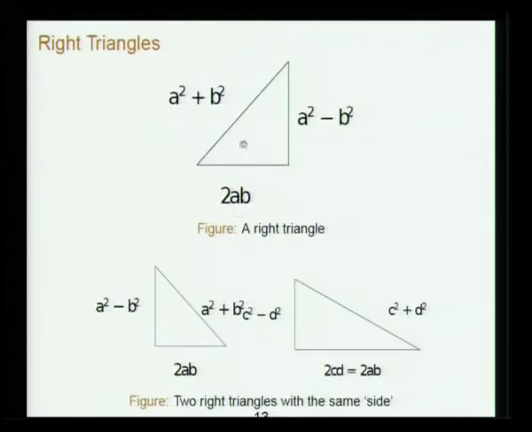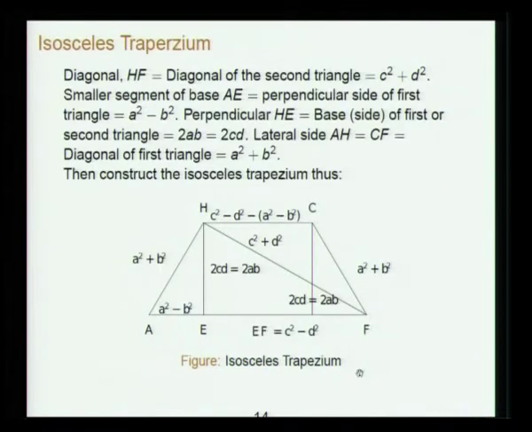So he is starting with these right triangles: a squared minus b squared is the upright, 2ab is the side, and a squared plus b squared is the diagonal. Clearly, I have already mentioned that this square is equal to this square plus this square, right. Similarly, another triangle like this, only you take 2cd equal to 2ab; c and d may not be equal to a and b, but this relation holds. If that is true, then he will give a rational trapezium like this. The perpendicular also is rational, and that is important.